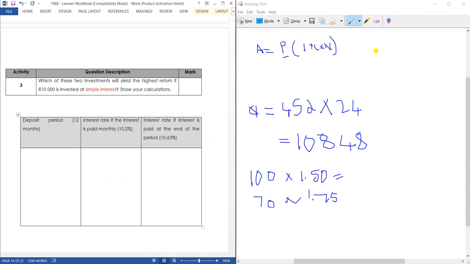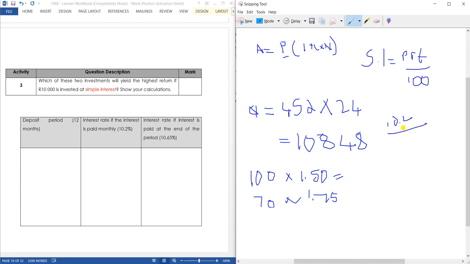For instance, you'll use the formula of simple interest, which equals PRT over 100. So for an interest rate of 10.2,